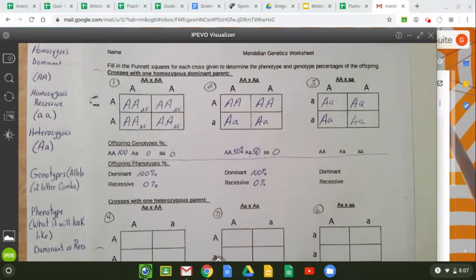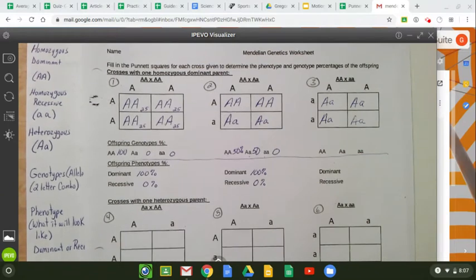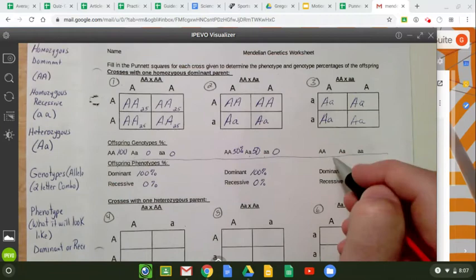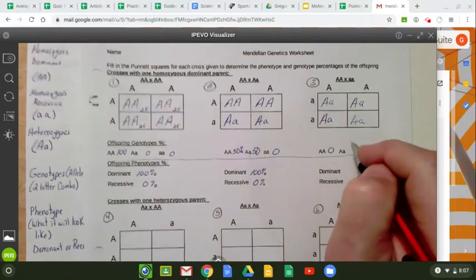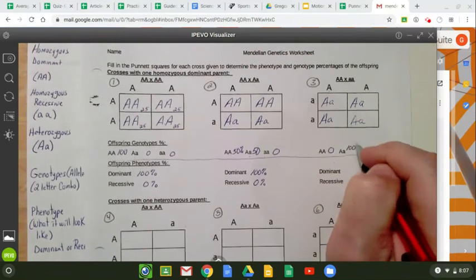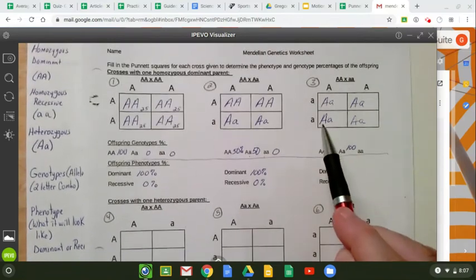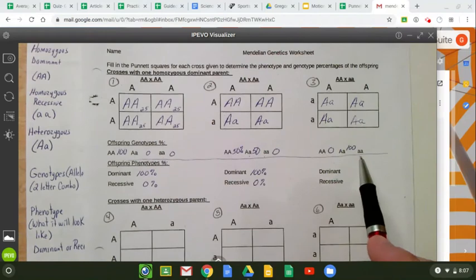So what you're probably saying to yourself right now is, wow, they're all heterozygous. One capital, one lowercase. Well, you are correct. So here we have 0 homozygous dominant. We have 100% heterozygous, capital A, lowercase a, and we have 0%